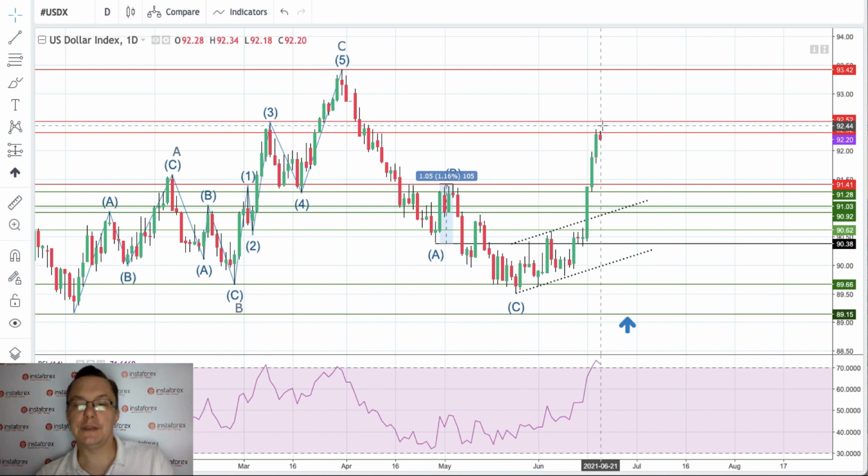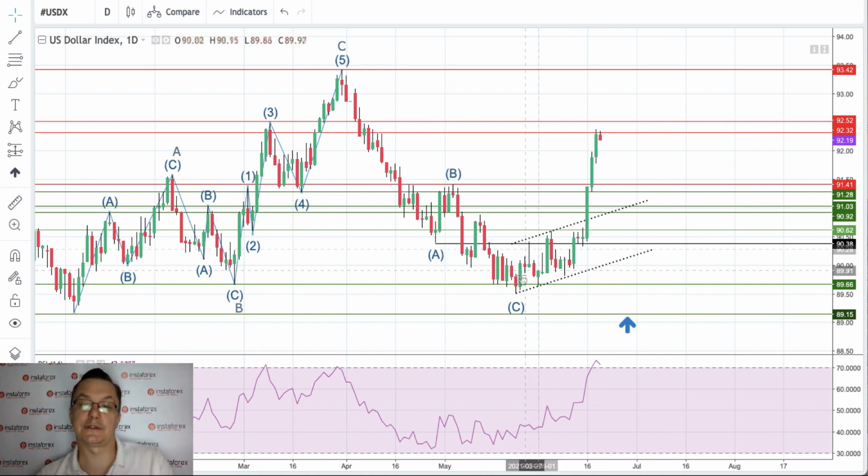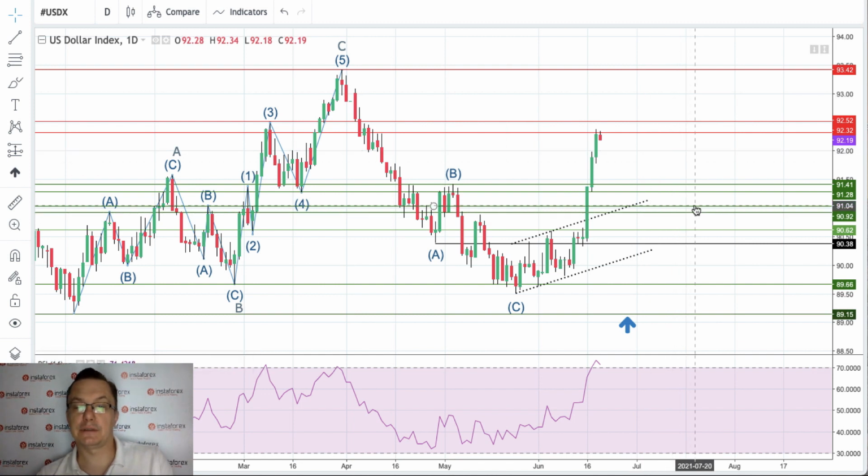Okay, if there isn't any breakout, then of course we might say that all of this movement was just a simple bounce, and then keep an eye on 91.41. Now this will be of course a support for the price, so it's gonna be green. Oh, there you go, and a bunch of other supports more or less important for the market participants. So right now, all eyes on 92.52, 92.32, in order to see if there is any battle of this